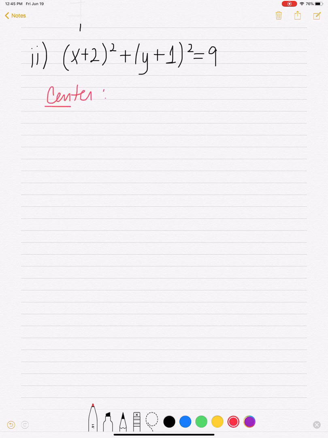And we got to find the radius. Now remember the form you want is x minus h squared plus y minus k squared equals r squared. So I'm going to rewrite this as, let me go green here, x minus blank squared plus y minus blank squared